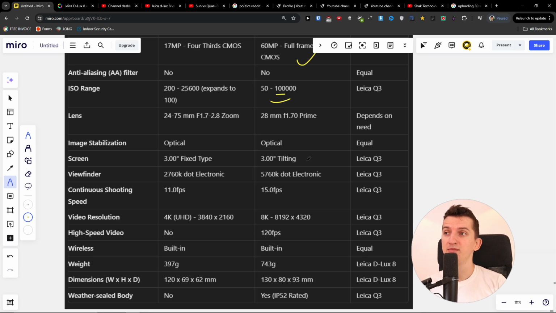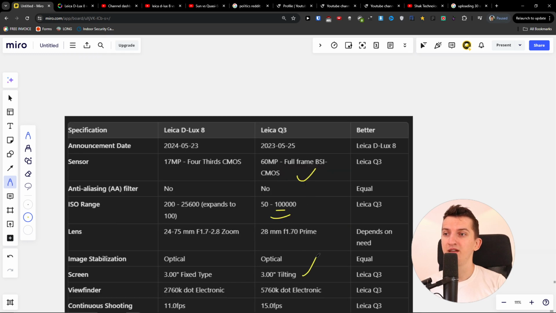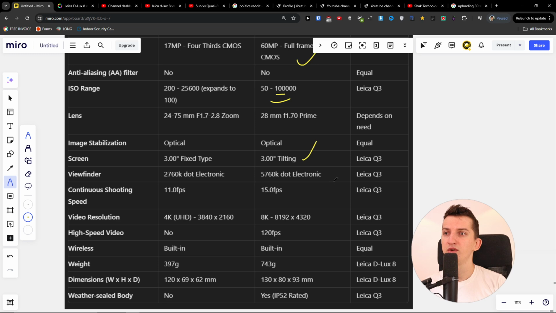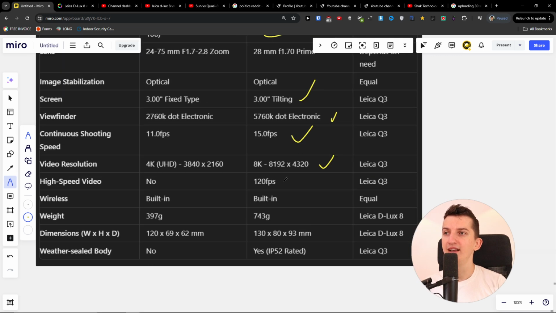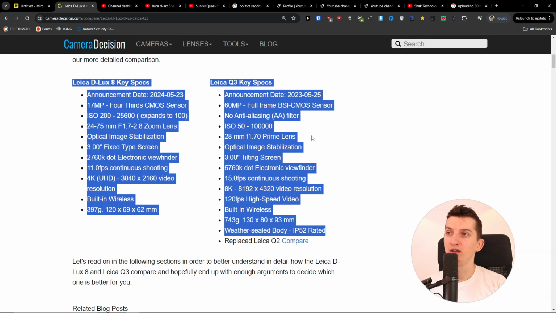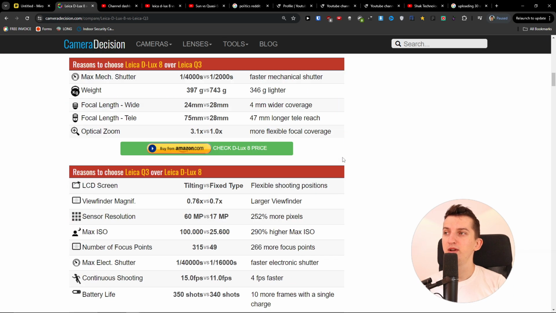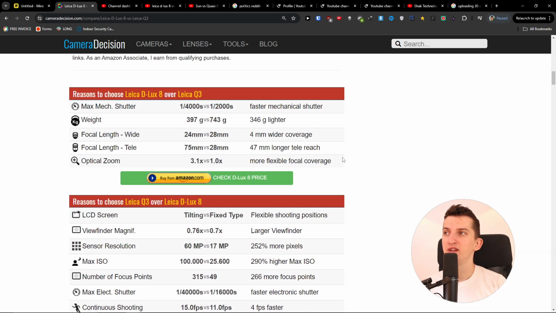And then the screen is better for the Q3, you can have tilting. Then also the Q3 has a better viewfinder, better continuous shooting speed, and also better video resolution, 8K, so that's huge, and high speed video. And the weight is better for the D-LUX 8 by a huge margin. So when you look here, the D-LUX has better max shutter, better weight, focal length wide, focal length tele,